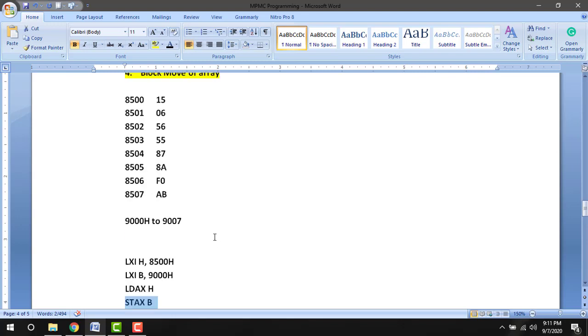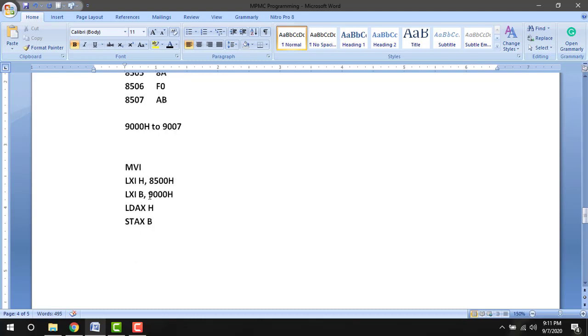Then we are going to have the count number of data. So here the number of data is 8. So the first instruction is MVI D comma 08H. This is the count value. So we have stored 08 in D register. It's the number of data, or array size.